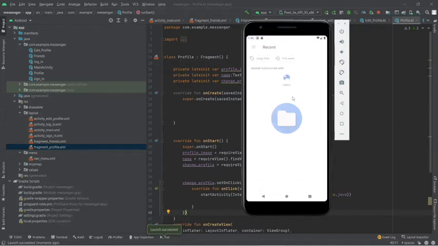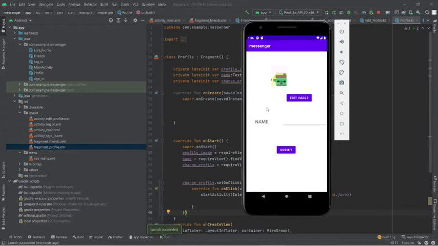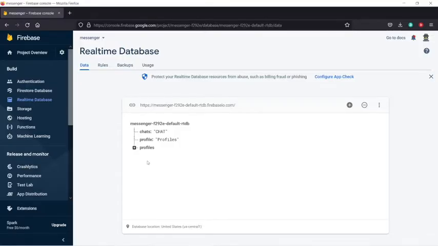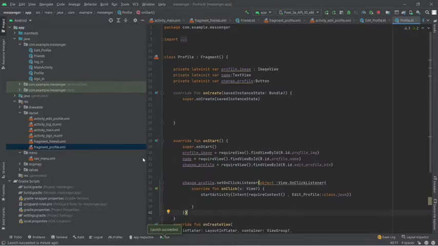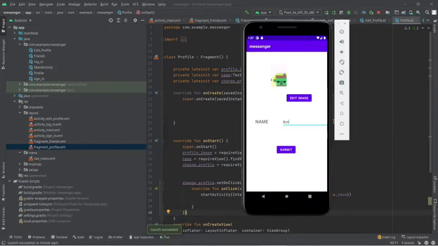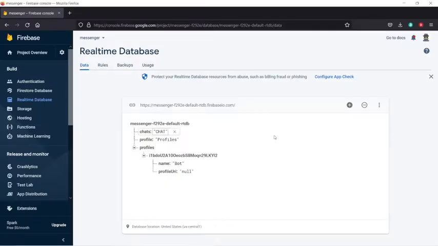Let's see if it opens the gallery. It's opening the gallery. Set the name. Submit. Changes saved. And there's something wrong here. It looks like we are back,